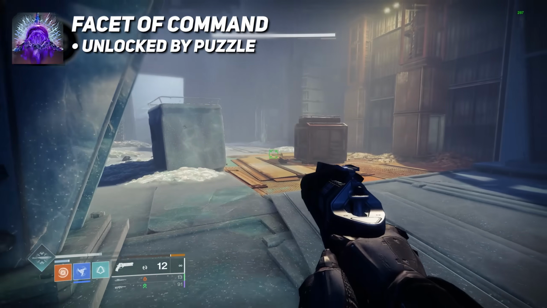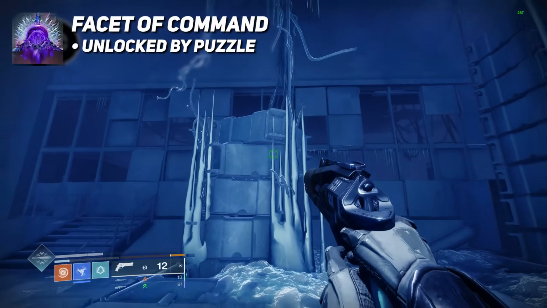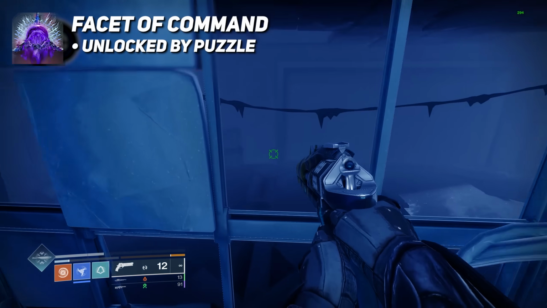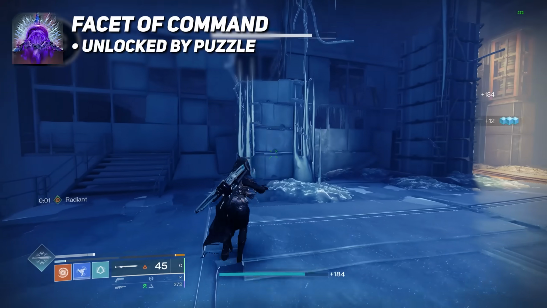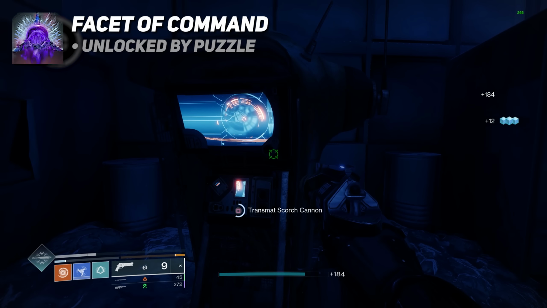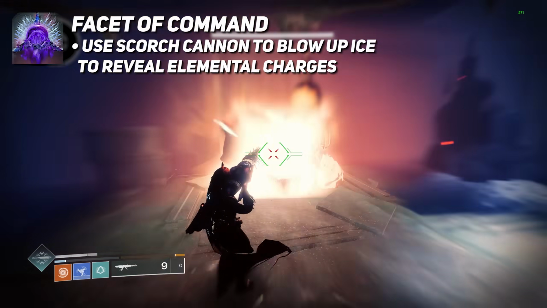Now to obtain this, you start by turning around and walking a bit towards the direction you just came in. And you'll notice this ice wall with some holes in it and some crates that you can jump on. You want to go on these crates and you'll be able to actually fit inside the holes at the top. Inside here, you'll be able to transmat a scorched cannon,